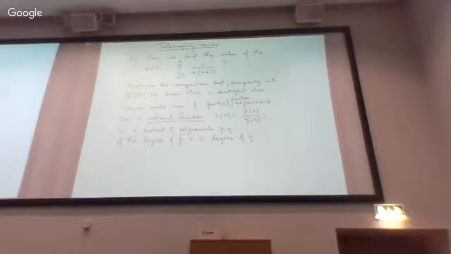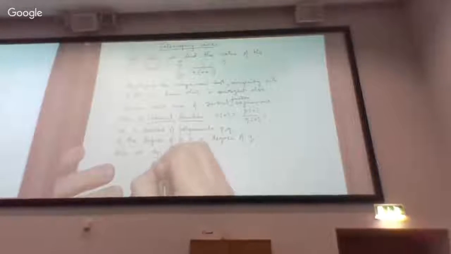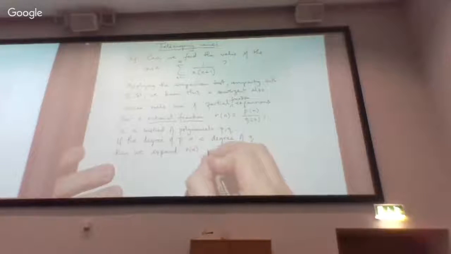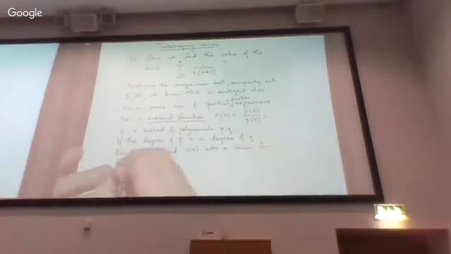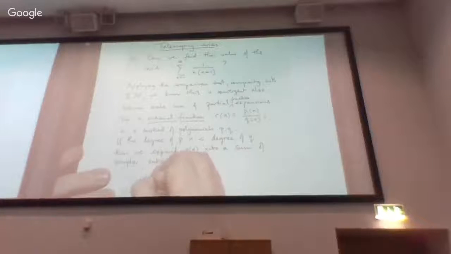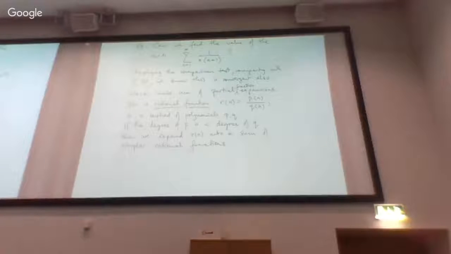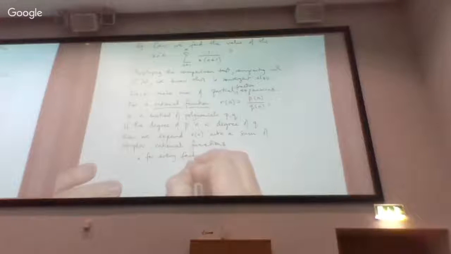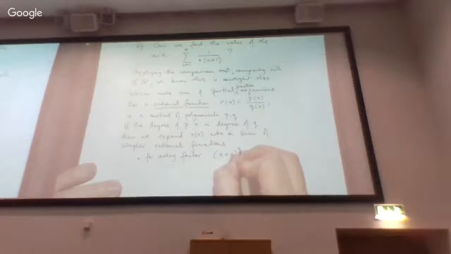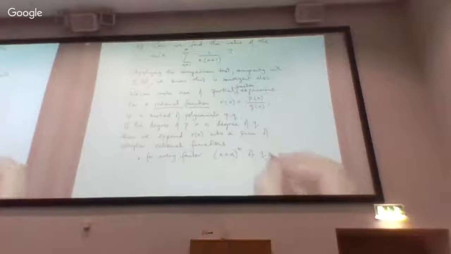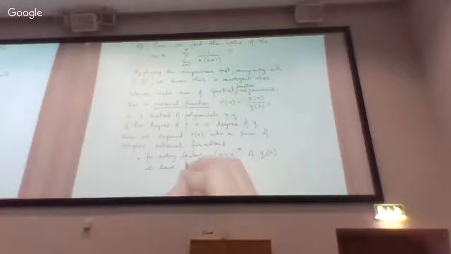If the degree of P is strictly less than the degree of Q, then we can expand R of n into a sum of simpler rational functions. It's a sum of a lot of terms, and each of the terms will be a simpler rational function than R itself. There's a couple of rules that we use. For every factor of the form n plus a to the power m of the polynomial Q, we have terms: something over n plus a, plus something over n plus a squared,